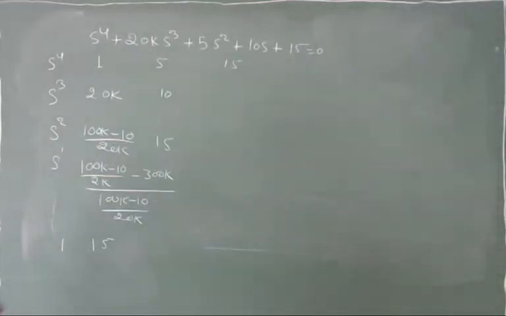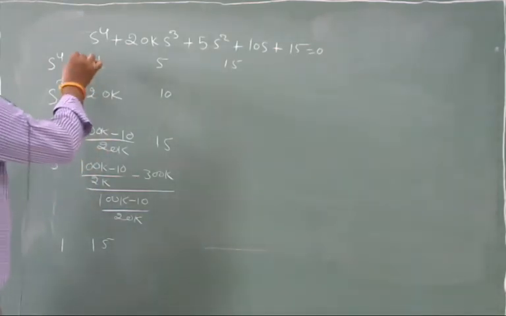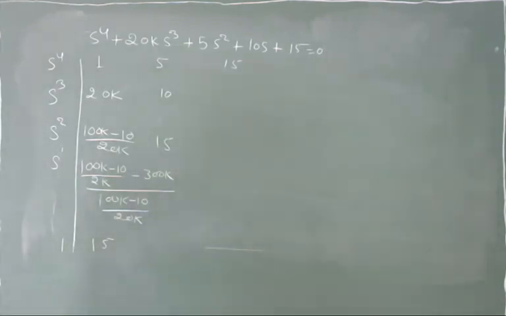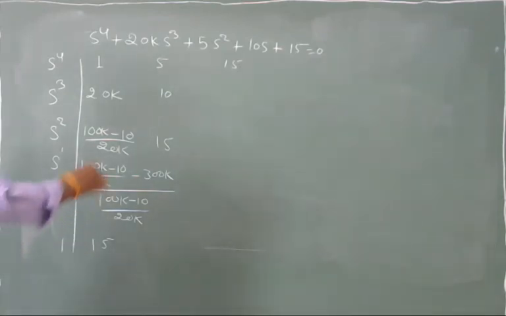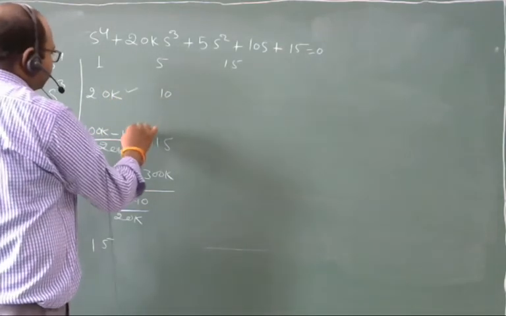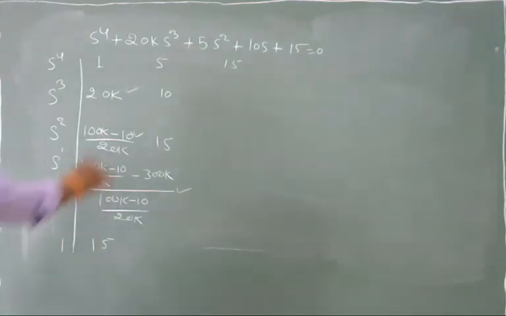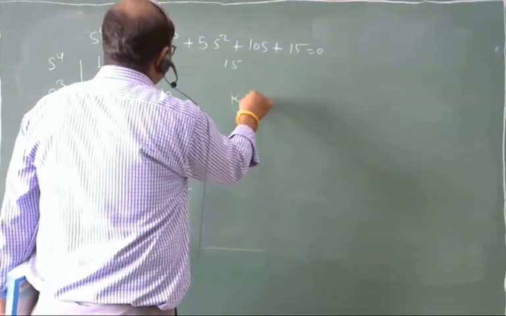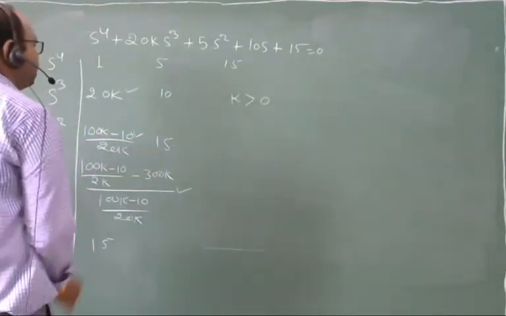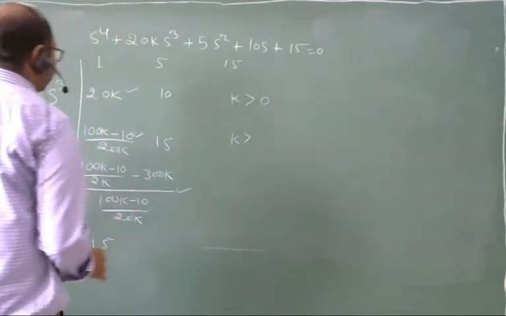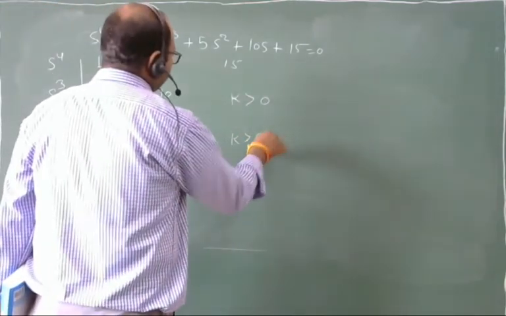So the system will be absolutely stable when there is no sign change in this first column, right? And for this we have to check three conditions, three values. From here, k should be greater than 0. From here, k should be greater than 1 by 10, meaning 0.1,